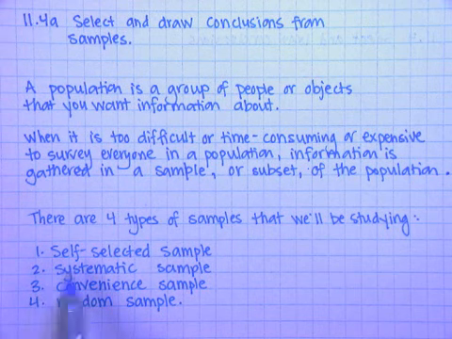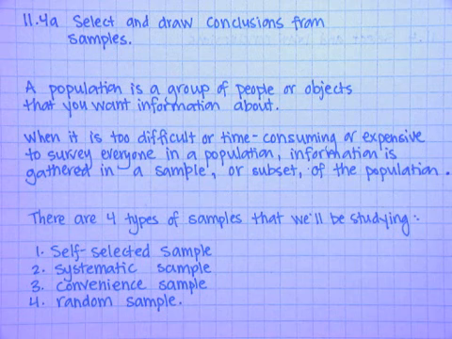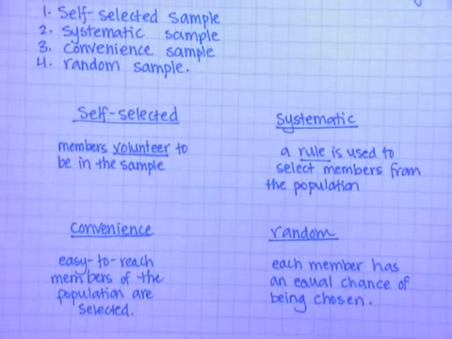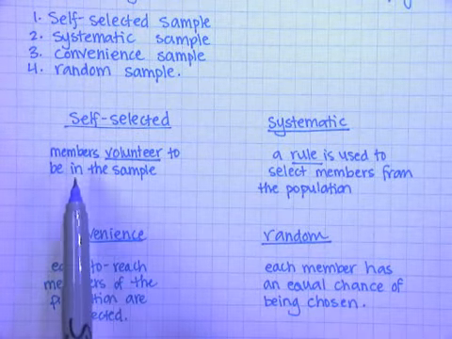So the first is self-selected sample. We talked about this today in class. A systematic sample, a convenient sample, and a random sample. Now, as we saw today in class, it can be kind of confusing to tell the difference between these 4 types of samples. The definition that we're given in the book is that a self-selected sample is a sample where